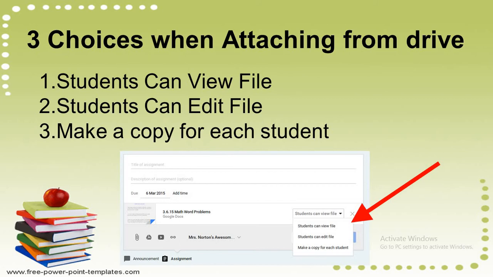In the second option, student can edit the file. In the third, make a copy for each student, each student will get one copy, so they can download it and change it, but your file will not be changed. As in the second option, they can edit the file.